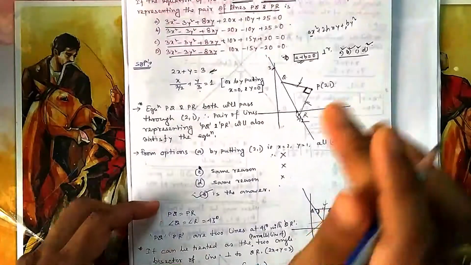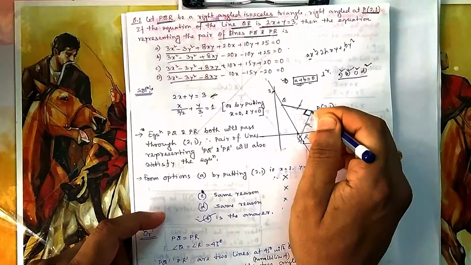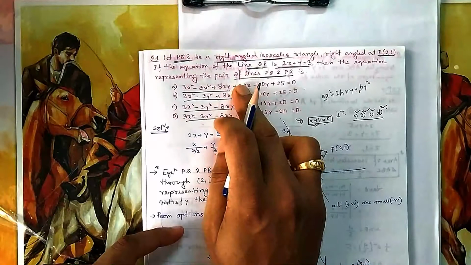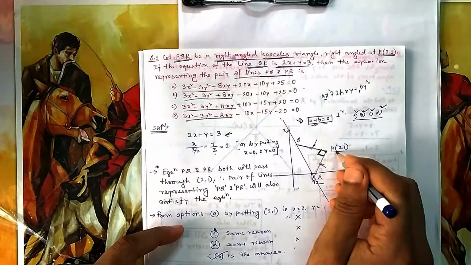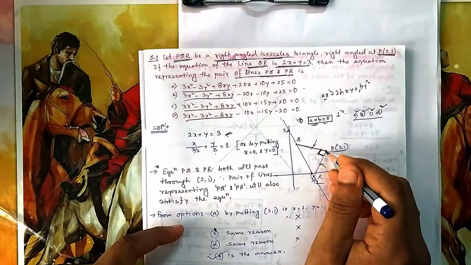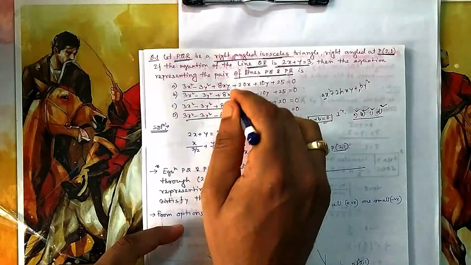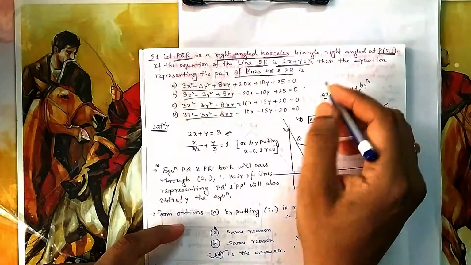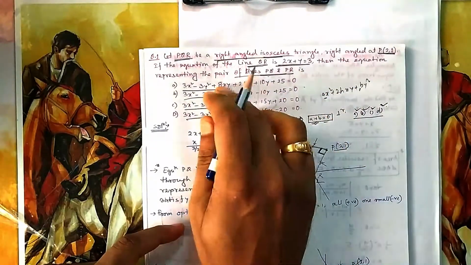Okay. Now let us see this point, because both lines pass through this point. The equation that they are giving is the equation of both the lines, two factors are there. Since both lines are passing through this point, if you put this point in, the value should be 0.